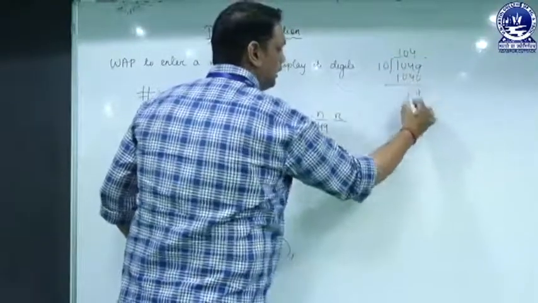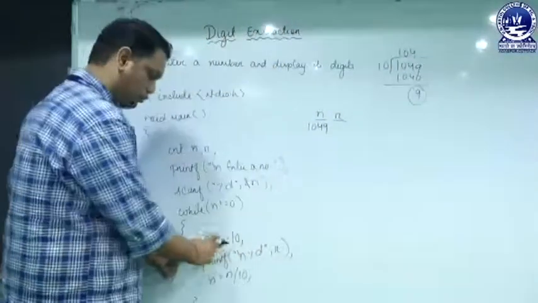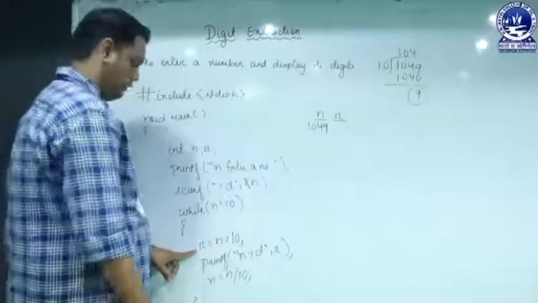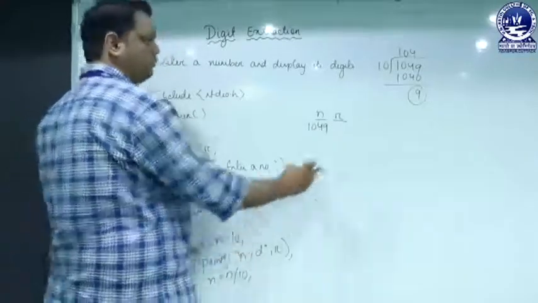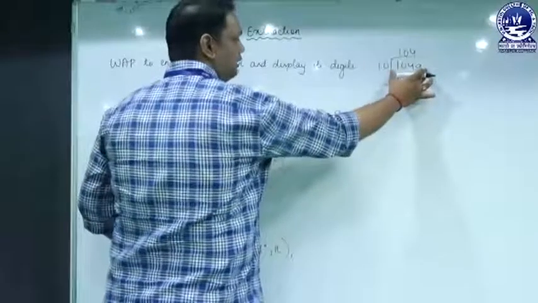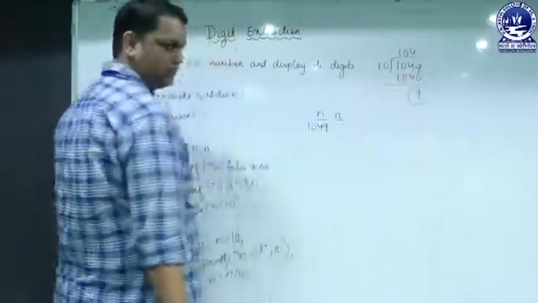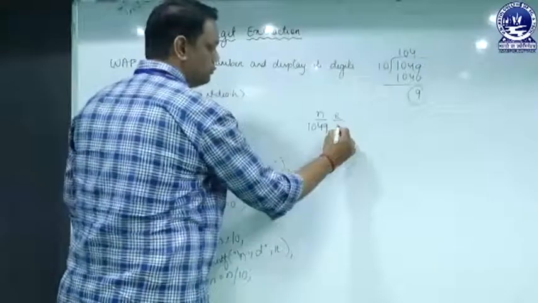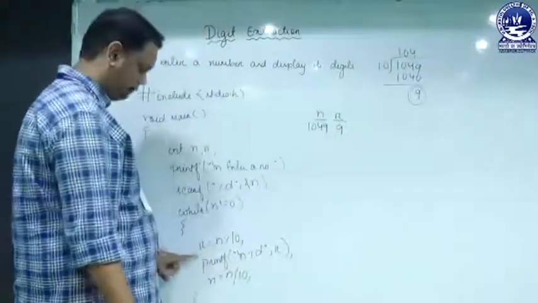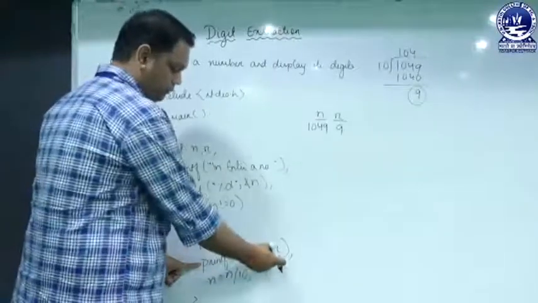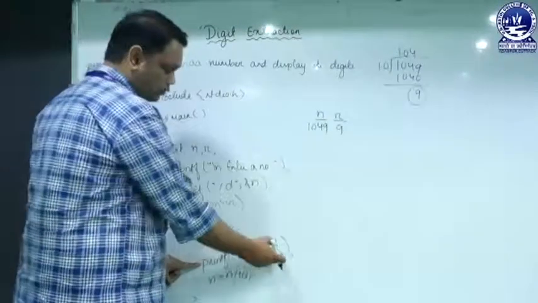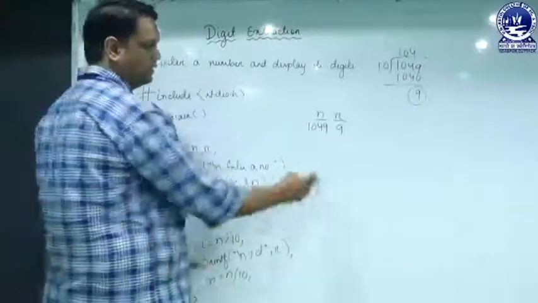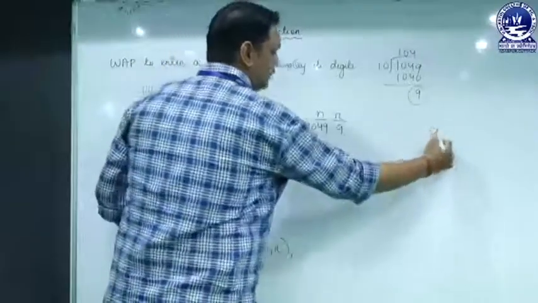So we will be getting the remainder as 9 because we have used the modulo division operator. So n modulo 10 means we have already told that any number divided by 10 returns the last digit. That means 9 is the last digit and it will be stored in r. So r will have 9. Next, printf \n %d r. So now we will print the value of r, that is 9.